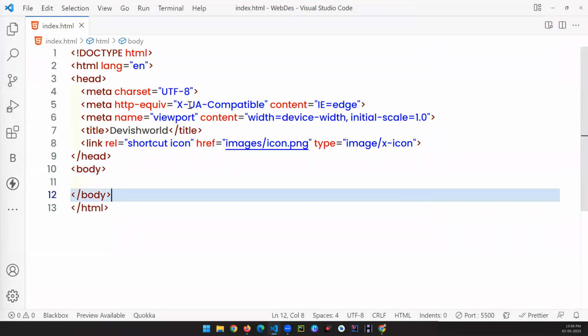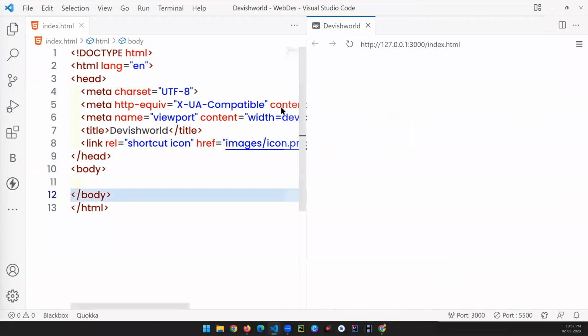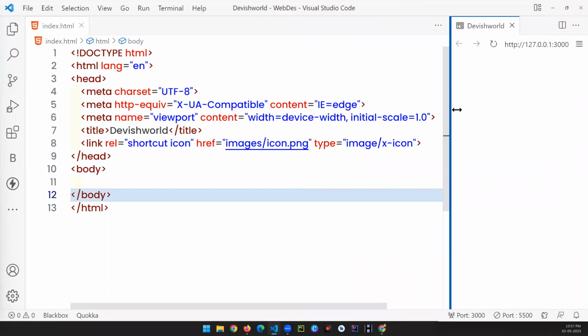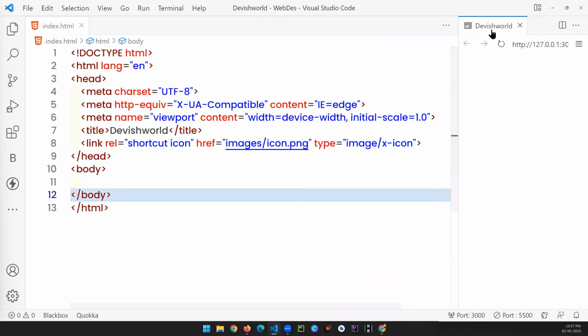After installation of live preview, you get this particular icon. When you click on it, you get the same output as we get in our browser. You can see the title name is Devish World. The drawback is that we won't get the favicon icon over here. That is why I'm using